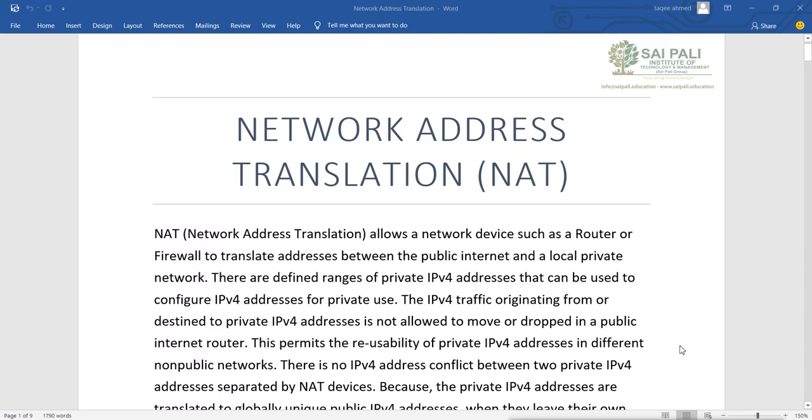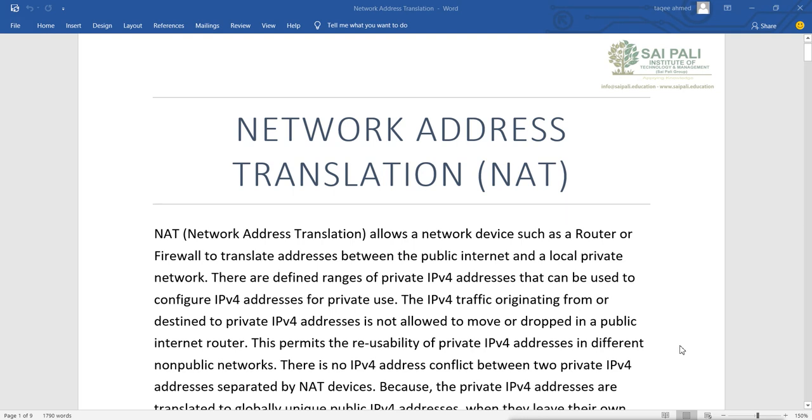So what happens is, in a router we configure NAT, network address translation. Whenever a packet passes through the router, and it has a source address that is a private address, the router translates that address to a public address. So when the packet goes onto the WAN network, it will not be dropped. By using this we solve two problems. We solve the problem of public address scarcity.